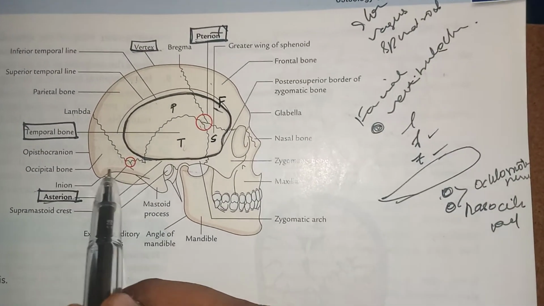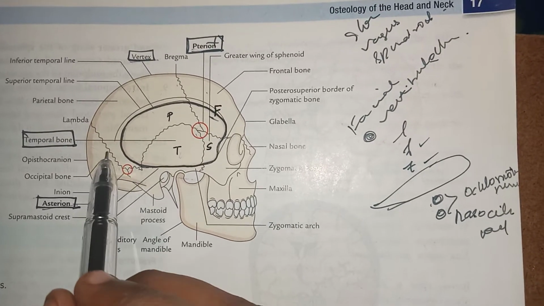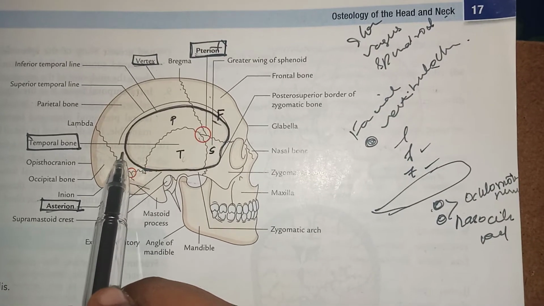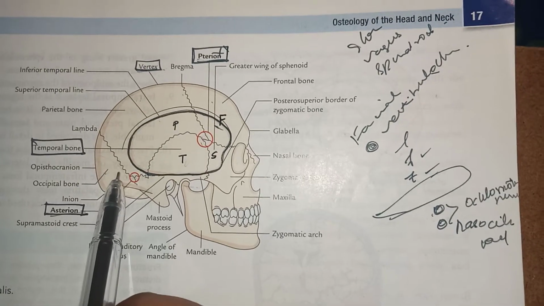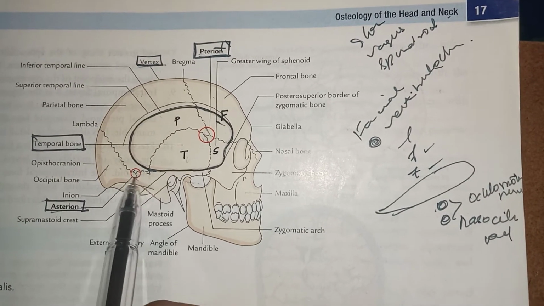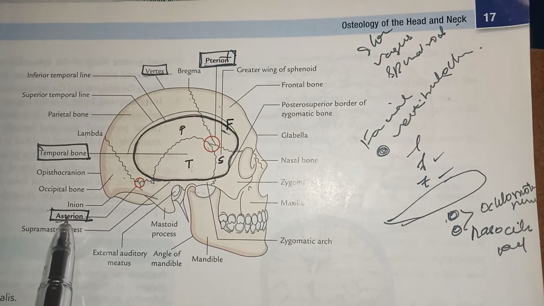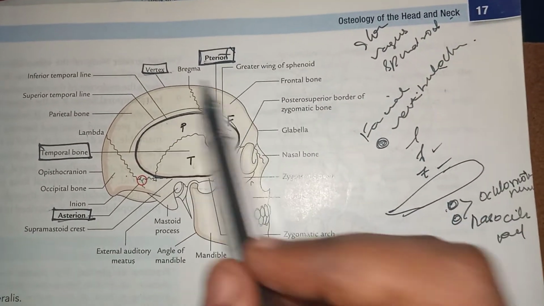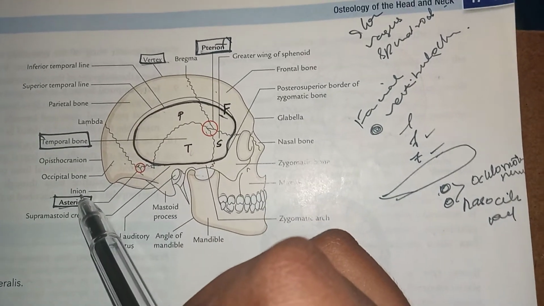Then here we have another structure. It is the asterion, the junction of, this is the parietal region, right? Here this is the parietomastoid region. This is the occipital region, right? The occipitomastoid, parietomastoid and the lambdoid sutures combine together to form the meeting point here. That meeting point is known as the asterion. In the lateral view of the skull, we saw the pterion, vertex and asterion.